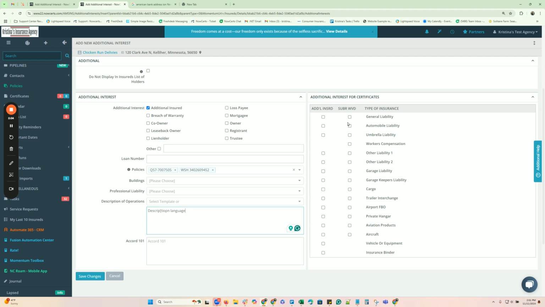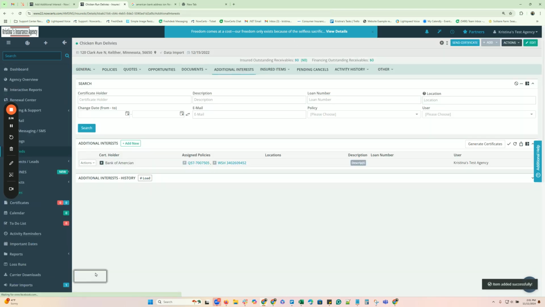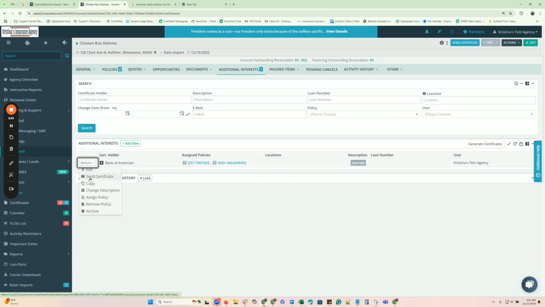So this has been endorsed for general liability and auto liability, and obviously all of these other lines of business if it's applicable. In the bottom left, I'm going to save changes. Then when I add the certificate, once it's added, I can go here to actions and send certificate, or I could even go here to send certificate